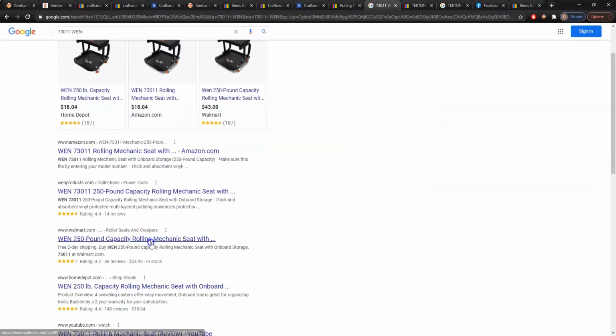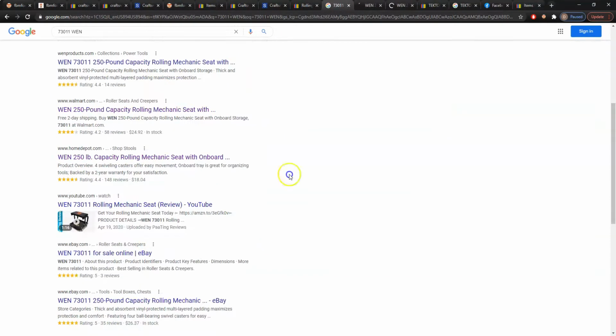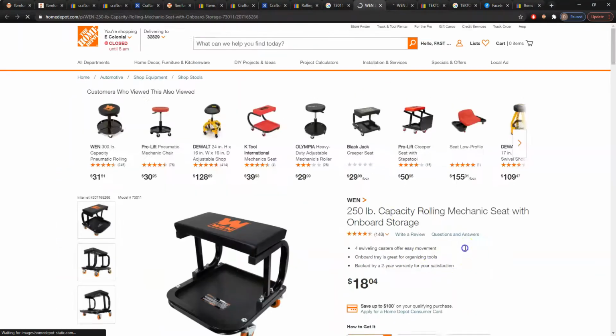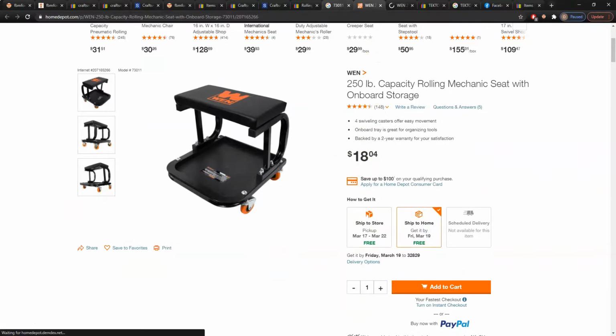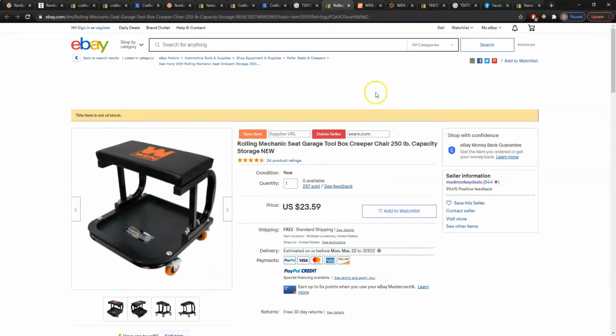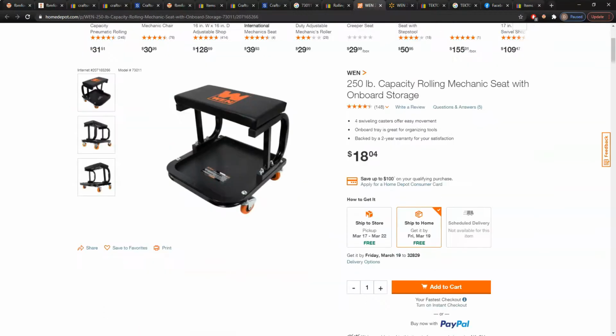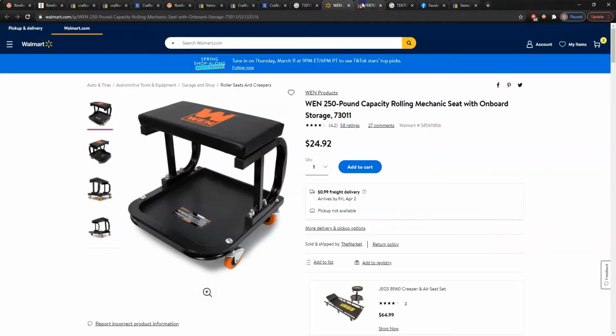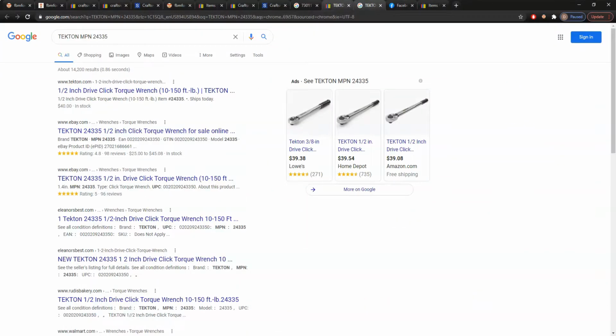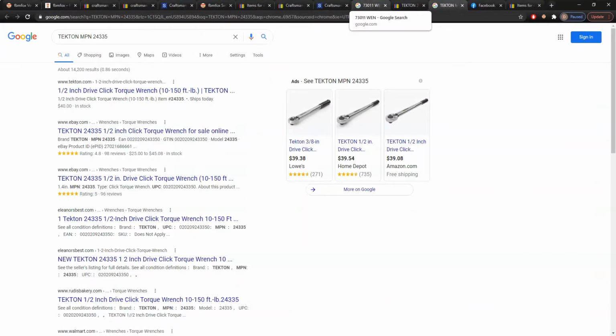Right, so Wen is selling this item for about 18 bucks at Home Depot. And this person was sold 287 of them at $23. So this is a cheap item. You guys can go ahead and save this if you'd like, but I won't save it for now. You guys get the point. And this item